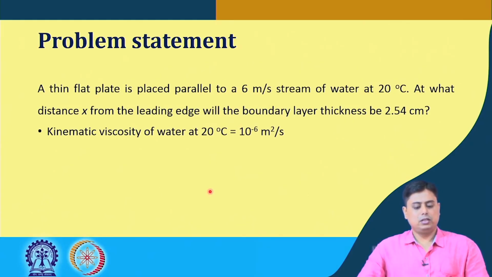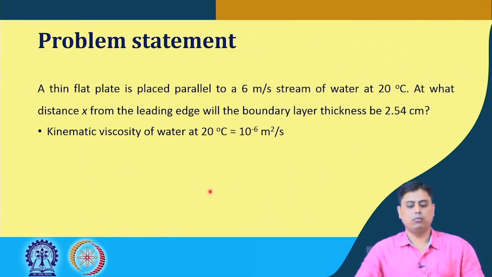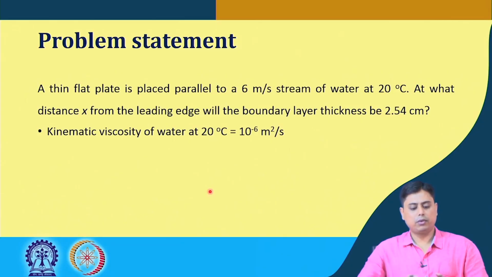And the kinematic viscosity of water at 20 degree centigrade is also mentioned, or these are typically given in the form of a table or any appendix of any textbook. You can have this value collected from there. So, the point is, a thin flat plate is placed parallel to a 6 meter per second stream of water at 20 degree centigrade, at which distance from the leading edge will there be the boundary layer thickness